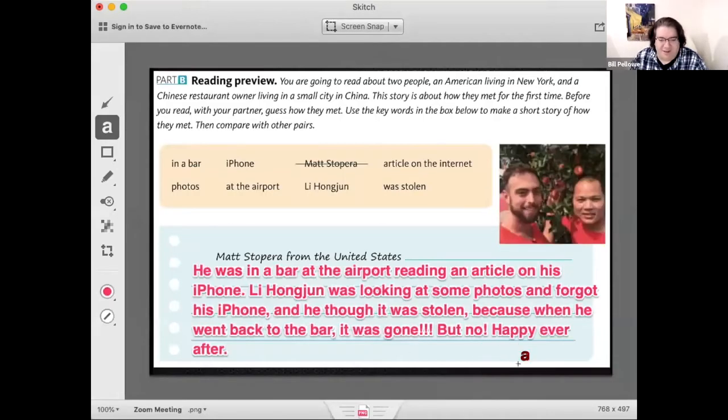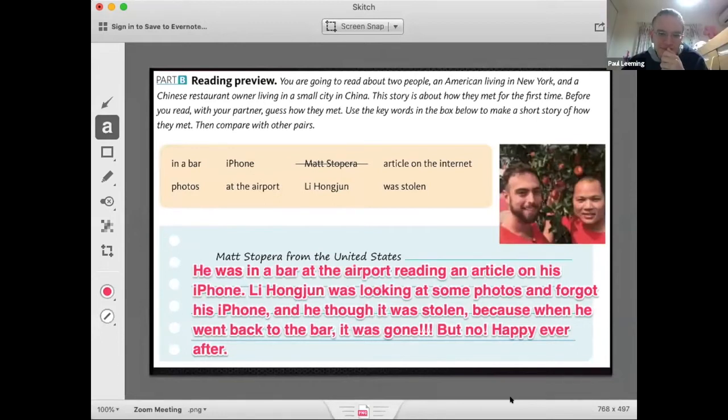Bill's got his hand up, I think, as well. Is that your hand up? Is that what that white thing is on your screen, or is that just a prop? Bill Pello. Bill, we had a pretty good. Bill, you've got it written down, do you, Bill? Yeah. I couldn't get the end of the story. Oh, wow. My gosh. Dominic was talking too fast, but I just wrote happy ever after.